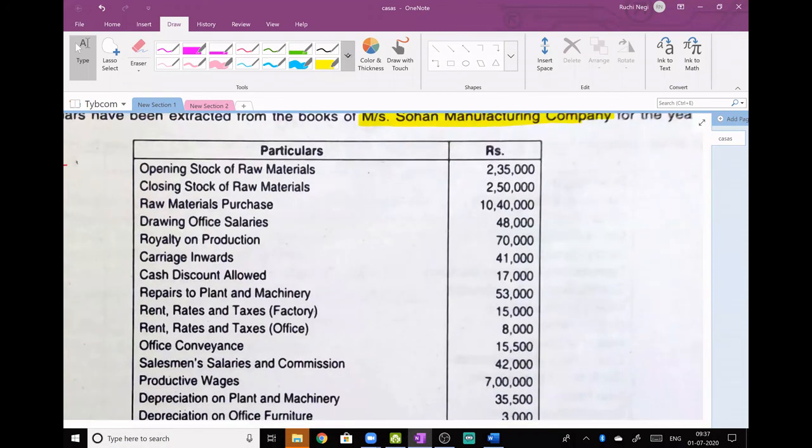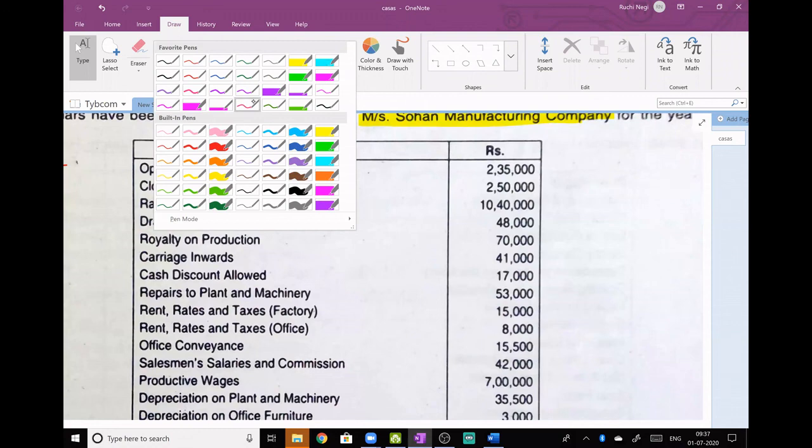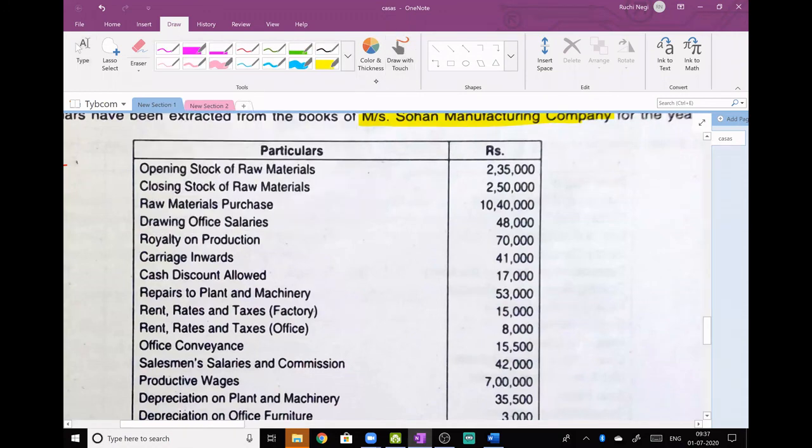Opening stock of raw material. Okay, start thinking. Opening stock of raw material. It's a direct cost, under direct material, add to direct material. In the exam, once you get the question paper, you have to mark it like this on the question paper with pencil, obviously, not with pen. Closing stock of raw material, less from direct material. Raw material purchase, add to direct material. You remember the formula: direct material is opening stock of raw material plus purchase of raw material plus expenses in connection to raw material, less sale of scrap of raw material, less purchase return, less closing stock of raw material.